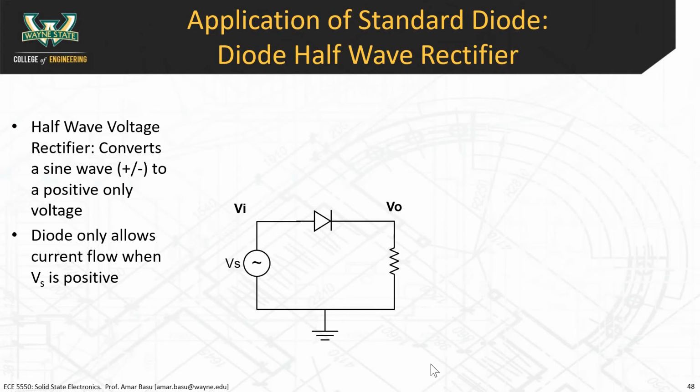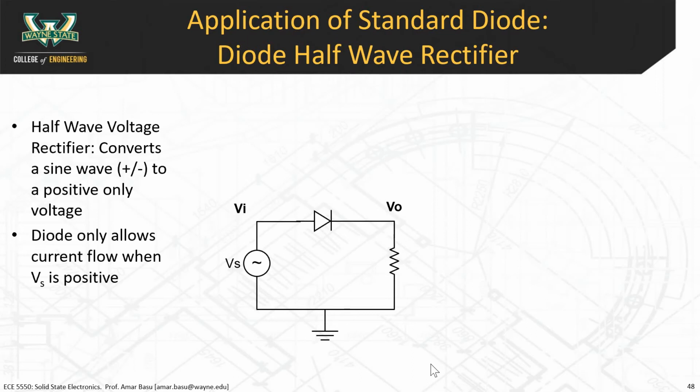We talked about this the first day of class, but I thought I'd touch on it again. We're talking about applications of the diode. Where are diodes actually used in circuits? A very common application is a half-wave or full-wave rectifier. In the interest of time, we're not going to go over the full-wave rectifier. I'm just going to go over the half-wave rectifier because it illustrates the ability of a diode to rectify